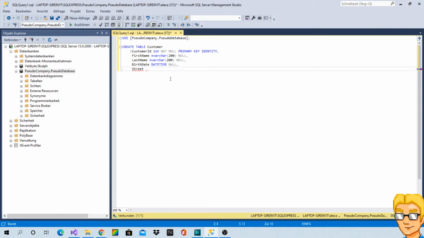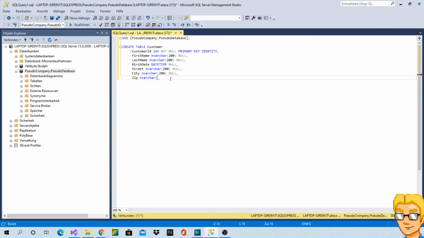And I guess you could normalize it and put street, city, and zip into a separate table. Would probably make sense, but for the sake of simplicity, and zip.